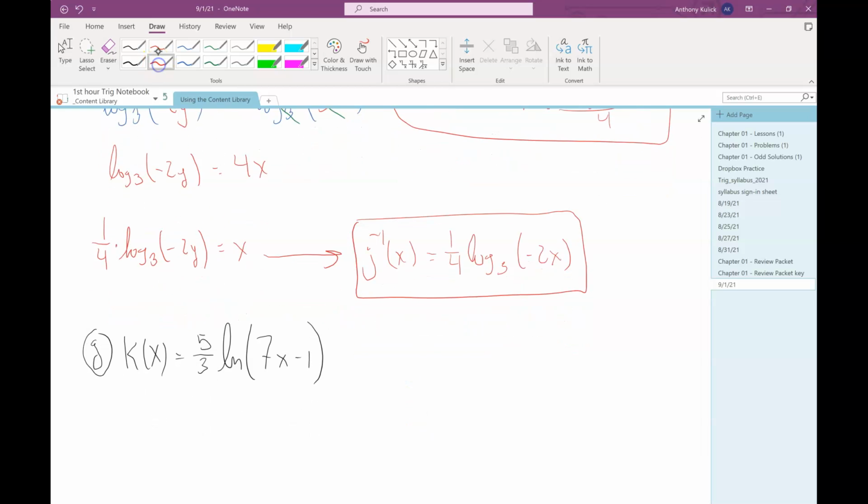This will be the last example here. So I have k of x equals 5/3 natural log of 7x minus 1. Remember the letters ln stand for the natural log. So replace the function notation with a y equals. First thing I would want to do is